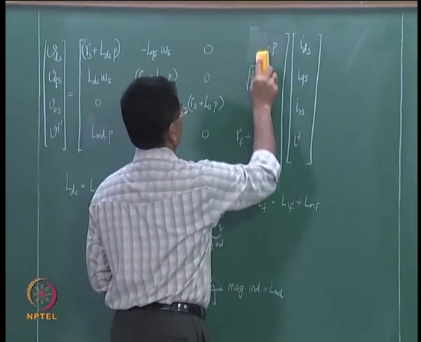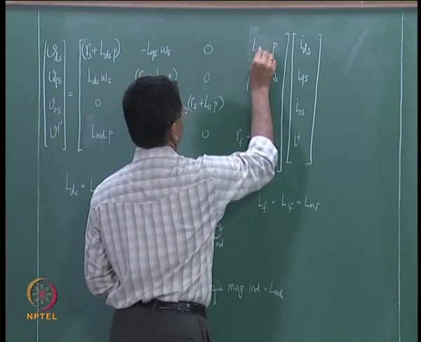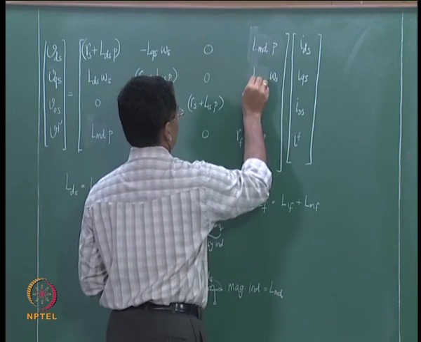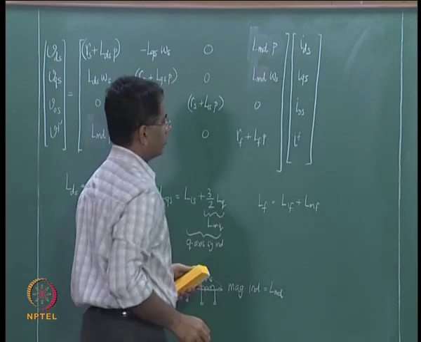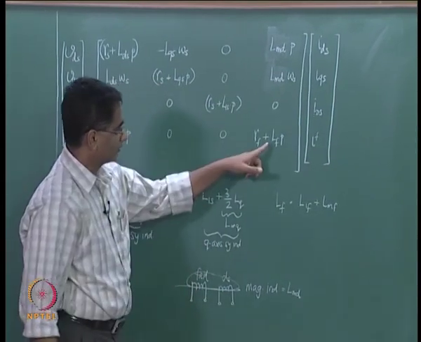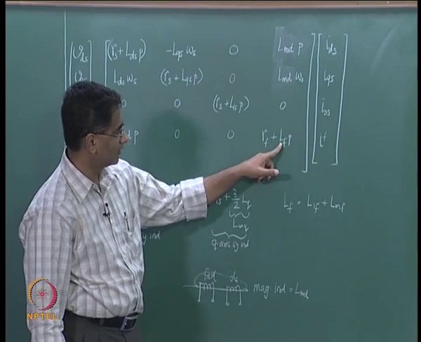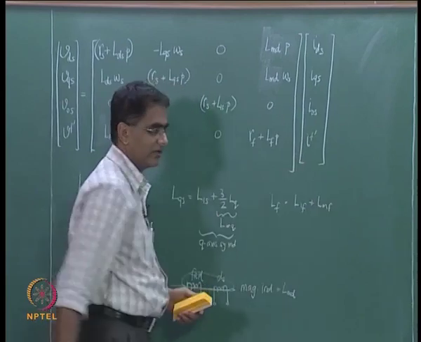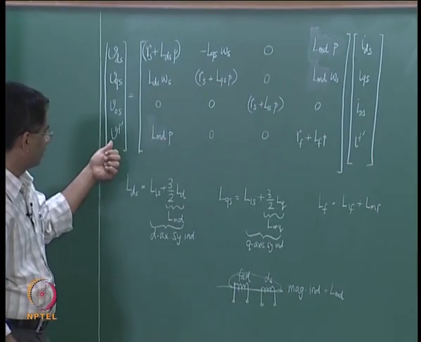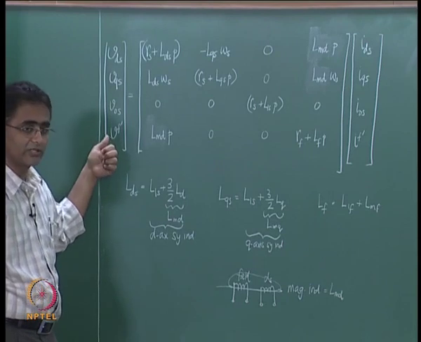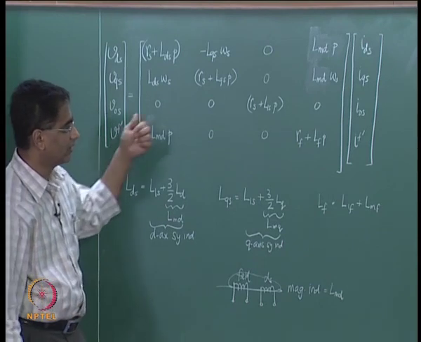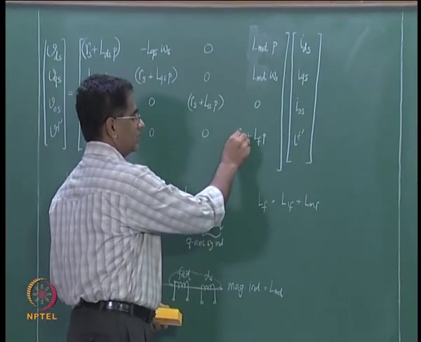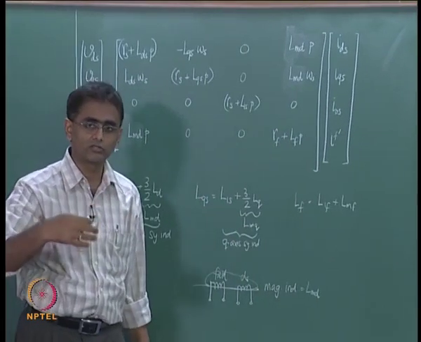Similarly here you get LMD into P, and this becomes LMD into omega s. Now as far as the field is concerned, you get a turns ratio from replacing If by If dash, and another equivalent term comes by replacing Vf by Vf dash. So you get turns ratio squared in this term, which then means Rf is referred by the turns ratio squared